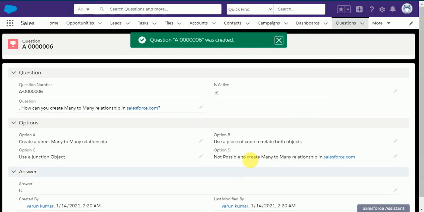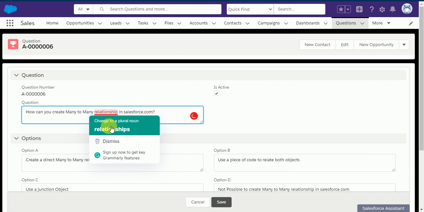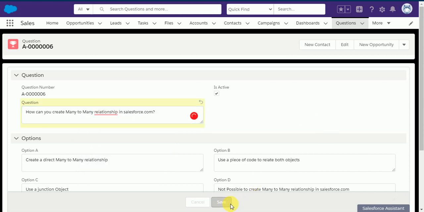Okay, I'll just remove this dot and save the record here.